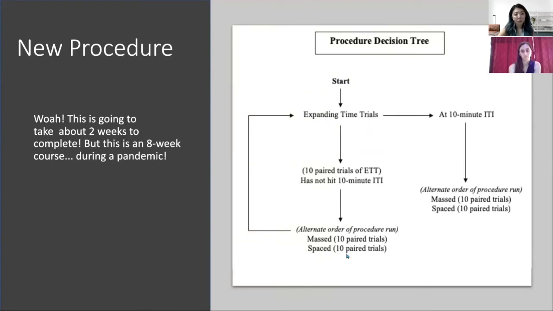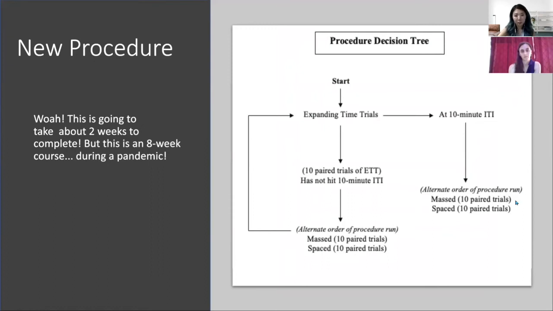We would alternate the order of the procedures run. So we may start off with running massed first and then spaced, but next time when we come back, we would run spaced first and then massed. After running the 2 procedures, we would go back to running expanding time trials. And if we had finally reached a 10-minute intertrial interval, then we would run our massed and spaced trials during